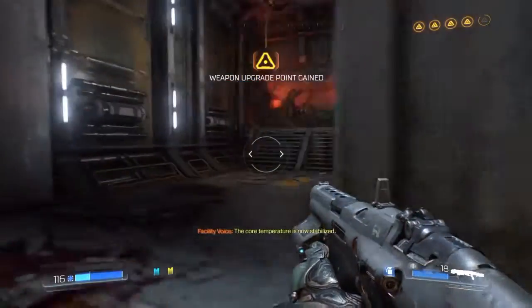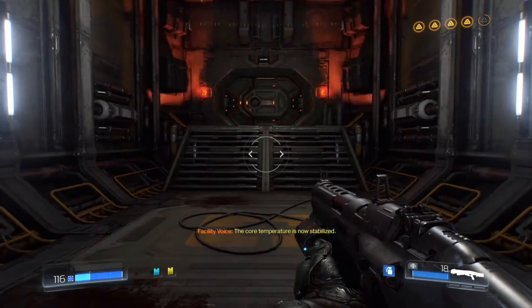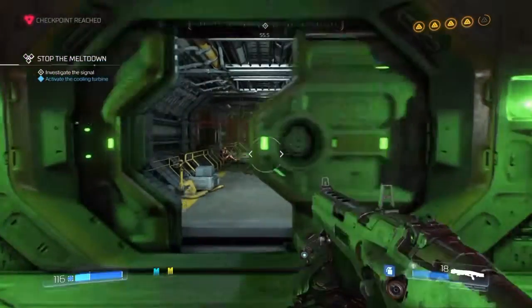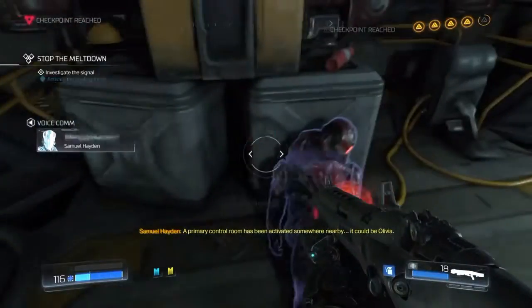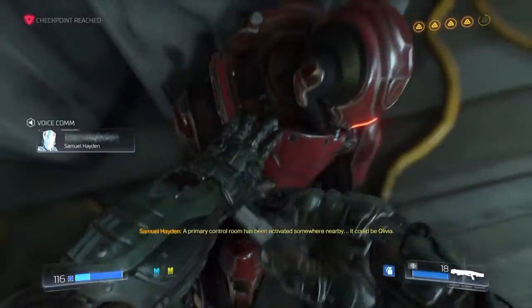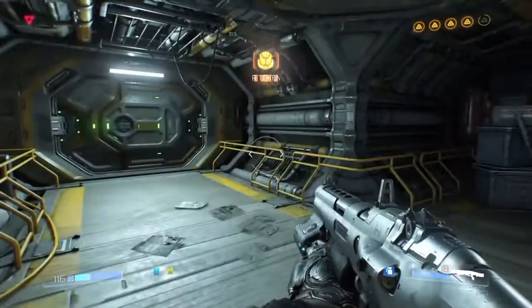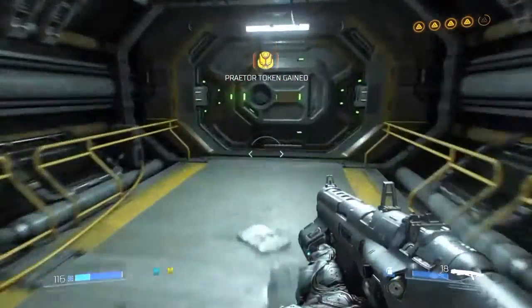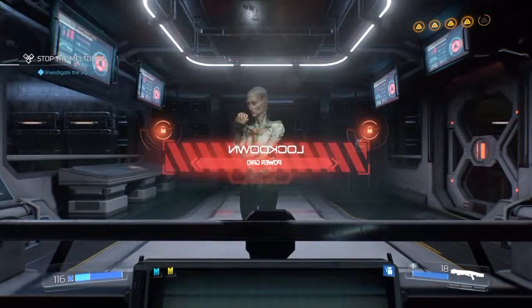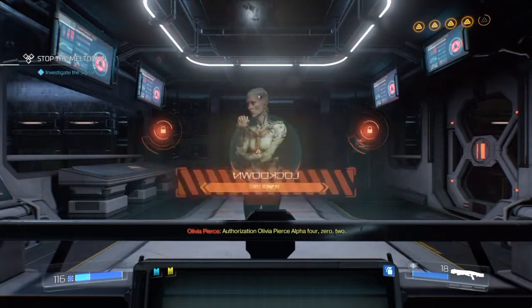We do have the weapon upgrade points gained, so it does appear that for every single one of those you do get a weapon upgrade point. And very nicely there, a suit upgrade point as well, if and when we need it. So we got a weapon upgrade point and a suit token, so that's always great to see. And what we're just going to do is carry on forward and activate the shutter. Again, we're going to see